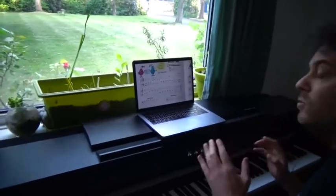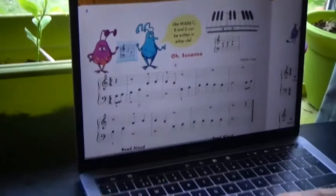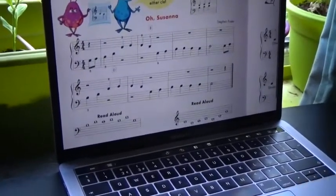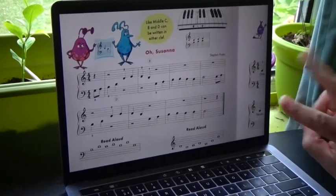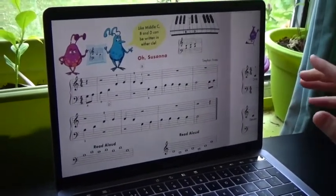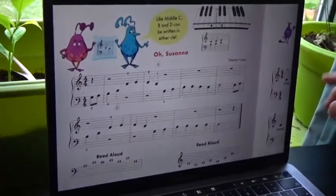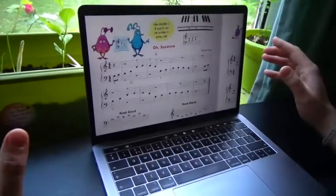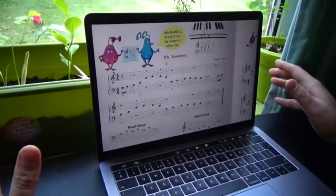Today's lesson is about O Susanna, exactly page 8 of John Thompson's The Easiest Piano Course, Part 2. What is the most amazing thing that is happening today in O Susanna? It is about finally changing a little bit the position of the left hand on the keyboard, and not only of